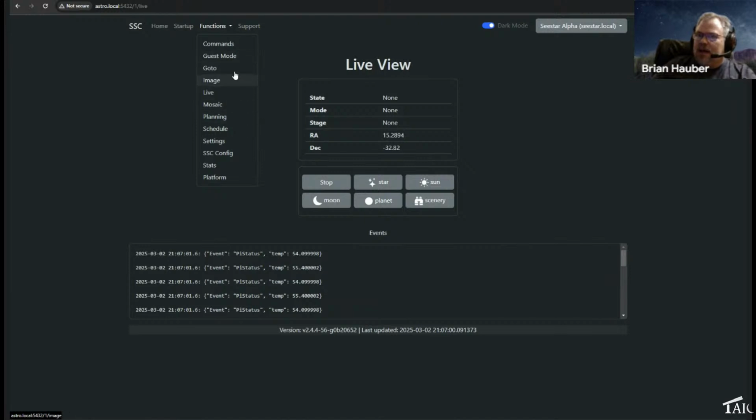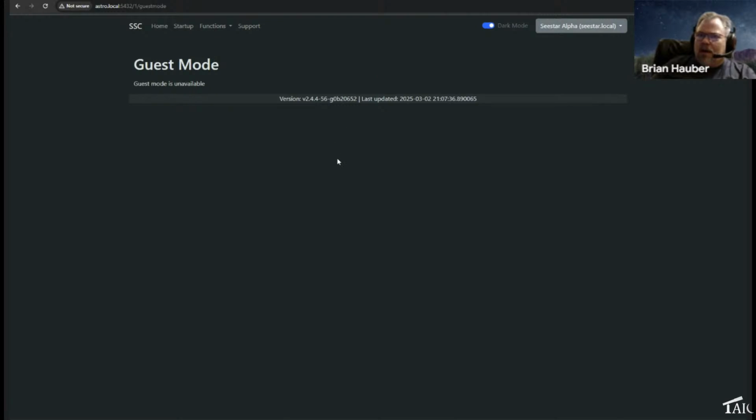We're always guest mode. In one of the more newer releases of firmware, Seestar added this guest mode, and I think they did it mostly to service outreach programs, so that you could have one master device controlling the Seestar and pointing it, and then you could have up to 7 other guests attached to that Seestar with their device, viewing what the Seestar is showing.